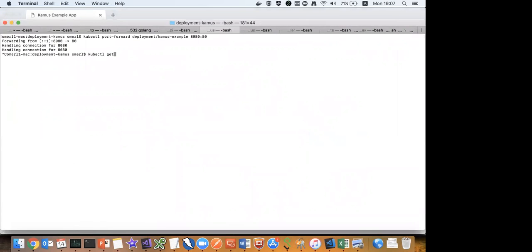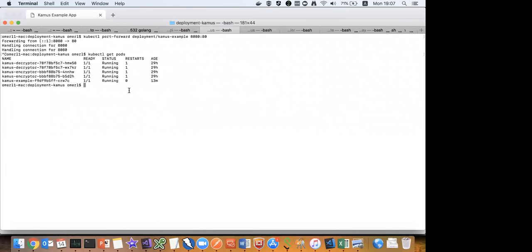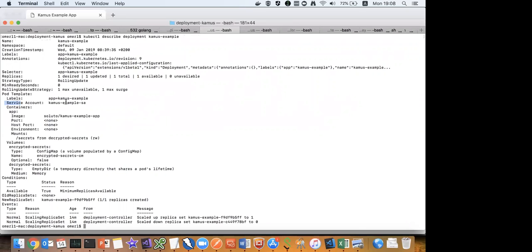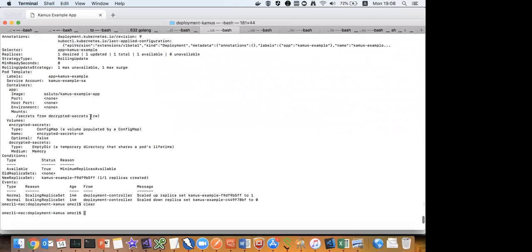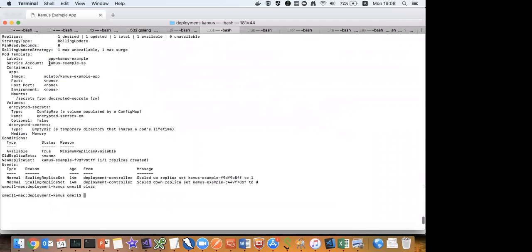So let's look for a minute at what I have on the cluster. I have 5 pods: Camus the crypto, Camus encryptor, and 1 pod for the example app. Now, what's interesting about Camus is that we encrypt secrets for a specific application. I identify an application by its service account. So if we look at the deployment Camus example, this is the deployment responsible for this pod, we can see that it has a service account mounted. Now, when I want to encrypt something for this application so the example app could read it, I need to take the service account,